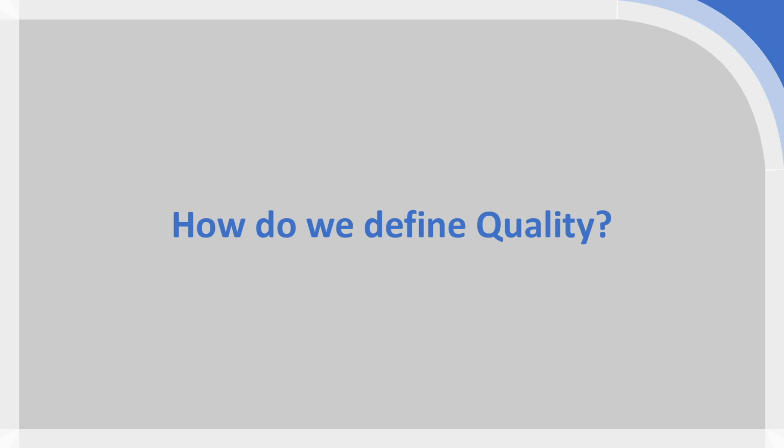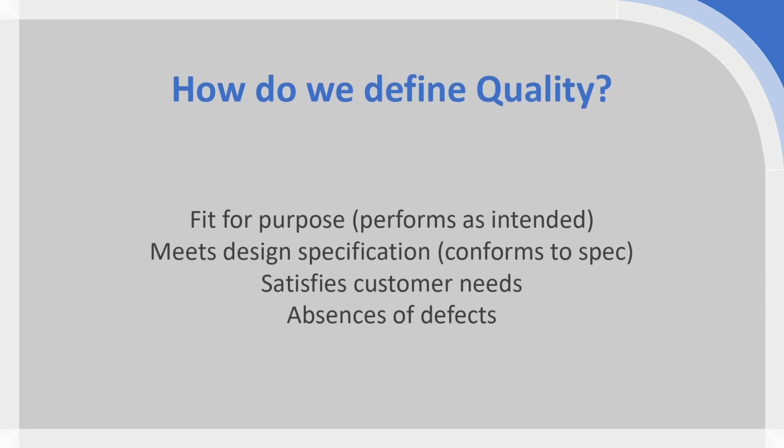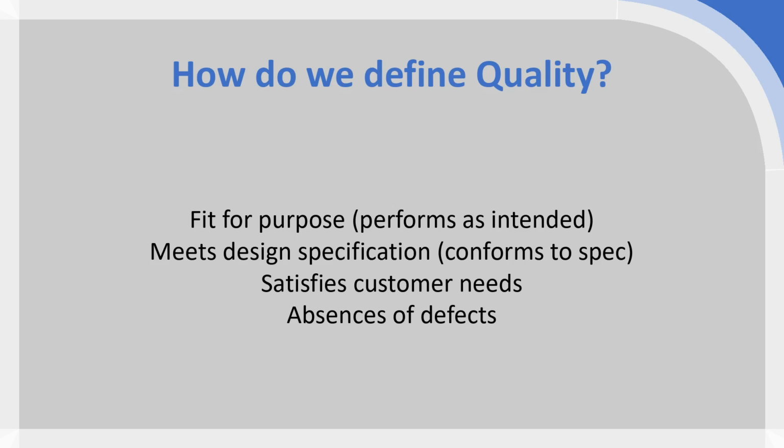When it comes to the business disciplines, particularly operations management, we have a quite different understanding of quality. This is still a broad sense. It's not an exact term, but it does have significant differences to how we would use quality in everyday English. So the two major ways we use quality are to identify a product or service which is fit for purpose. So it performs as intended. It fulfills the value that it was designed to fulfill. Alternatively, it could be a product or service which meets the design specification, so it conforms to the specification that's